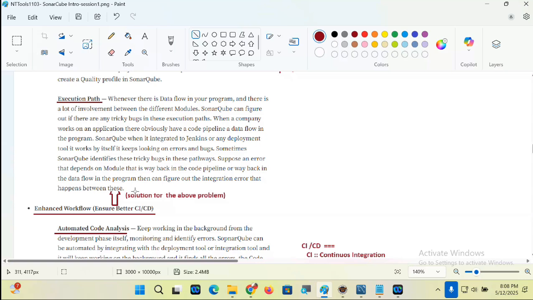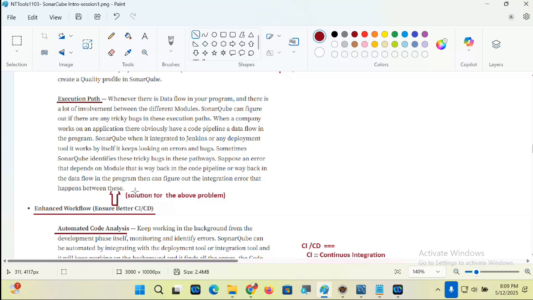These are very simple, guys. The project is a complex one. A lot of modules are there. One module is talking to another module, right? In that process of data flow, there's a chance of data leakage.